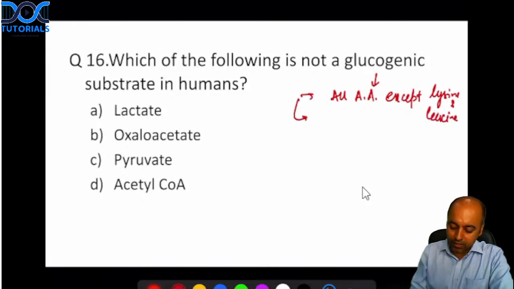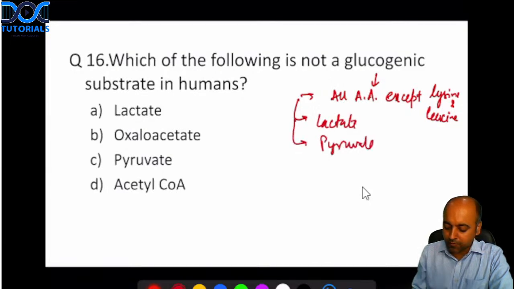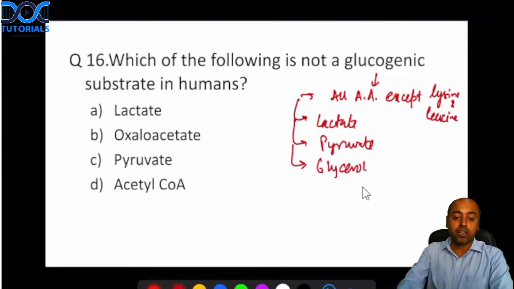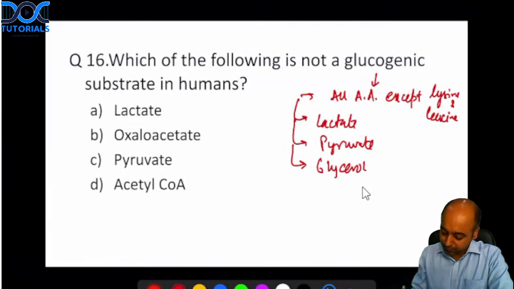In addition to that, we have the lactate, we have pyruvate, we have glycerol, and lastly we have odd chain fatty acid,